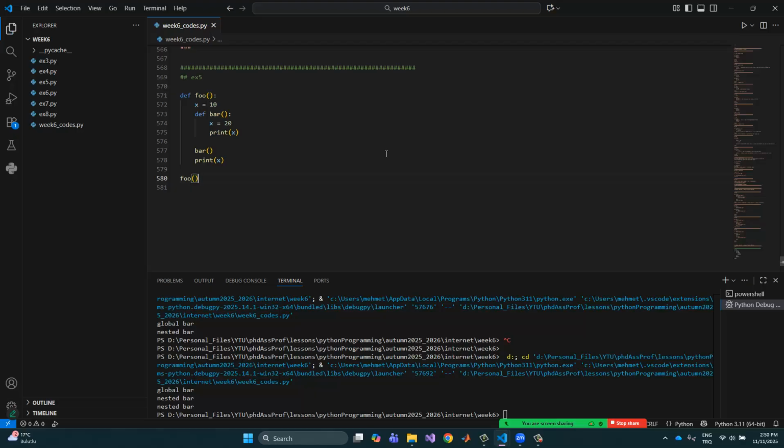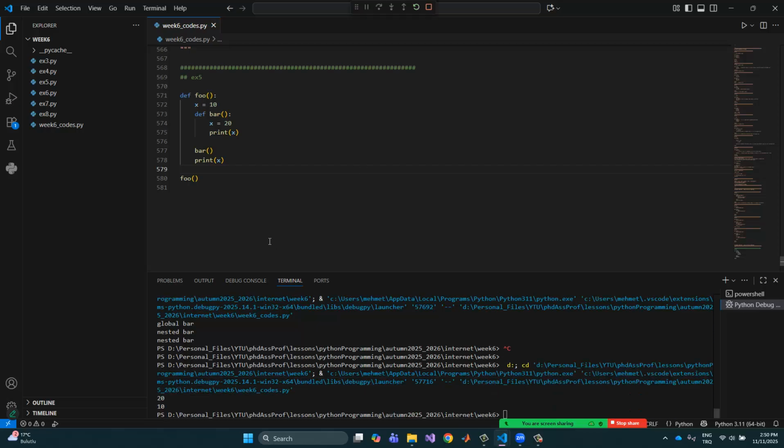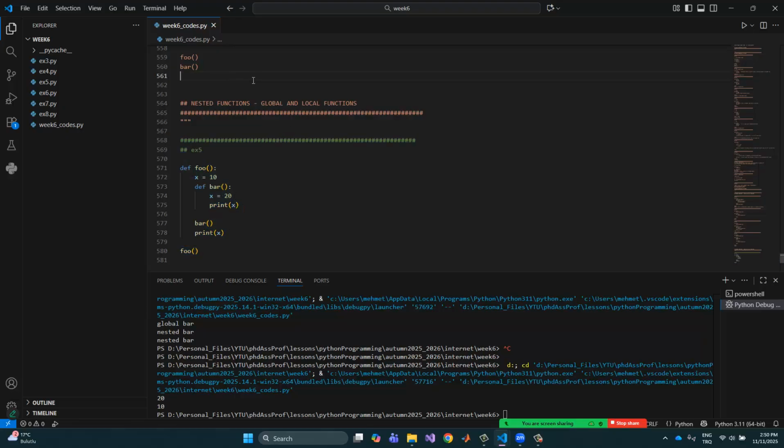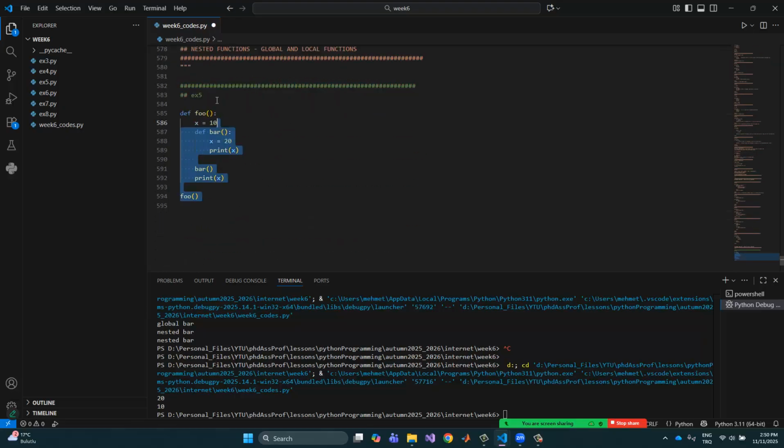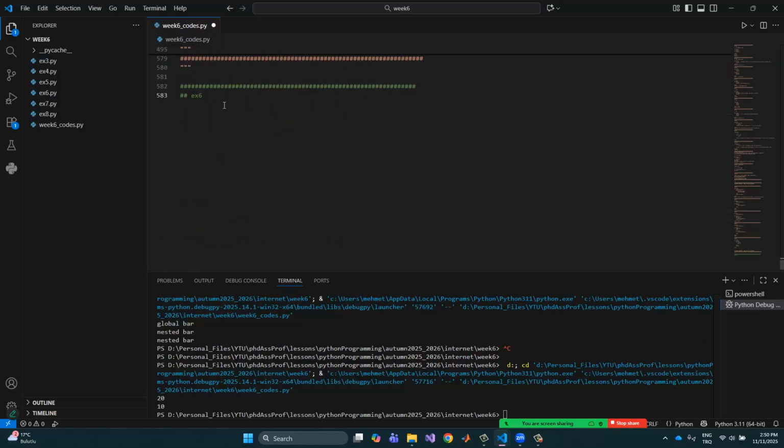And so what is the output of this code? 20 and 10. See, you are correct again. You get the rules right now for the scope. Okay,